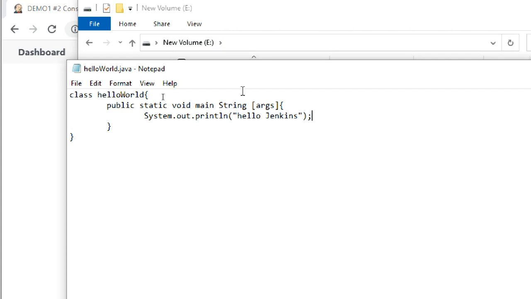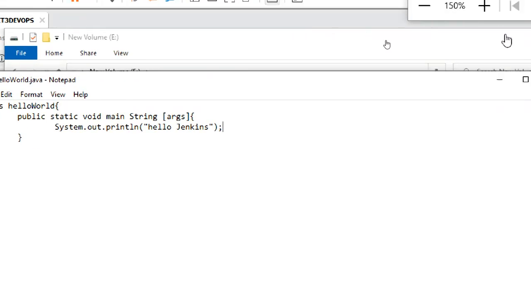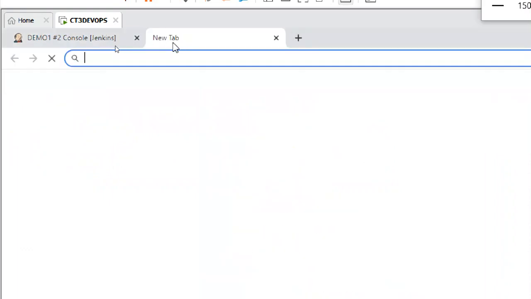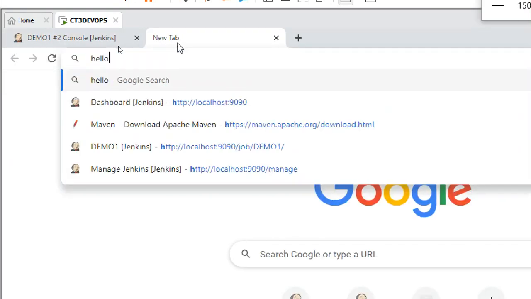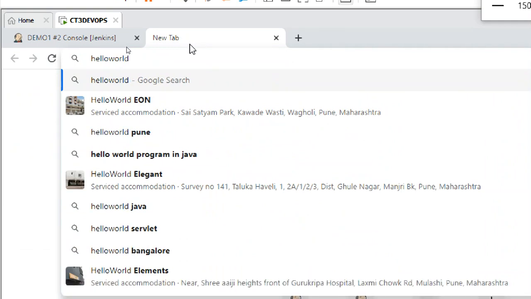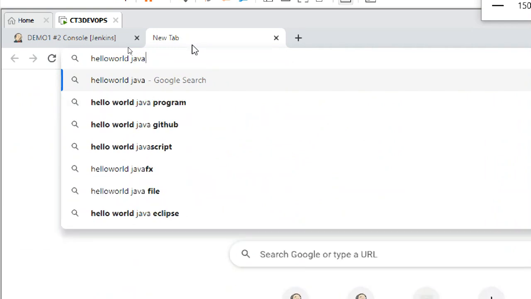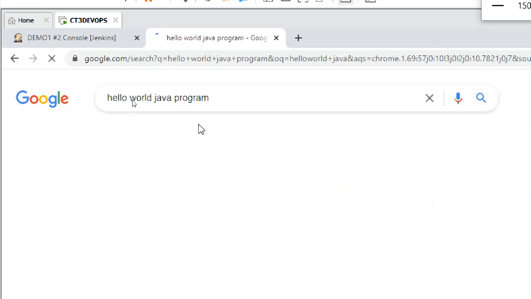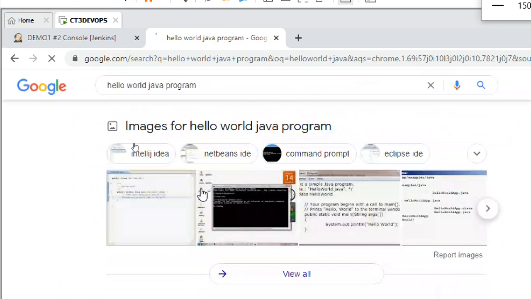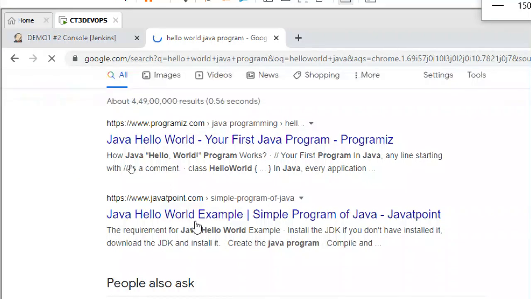Hello world, this is the better one. Copy paste Java. W3Schools, where is my favorite?